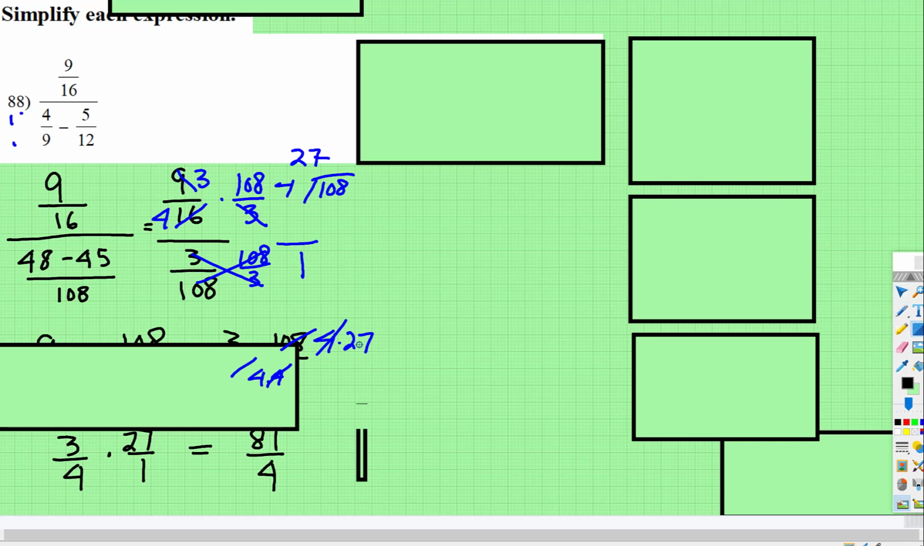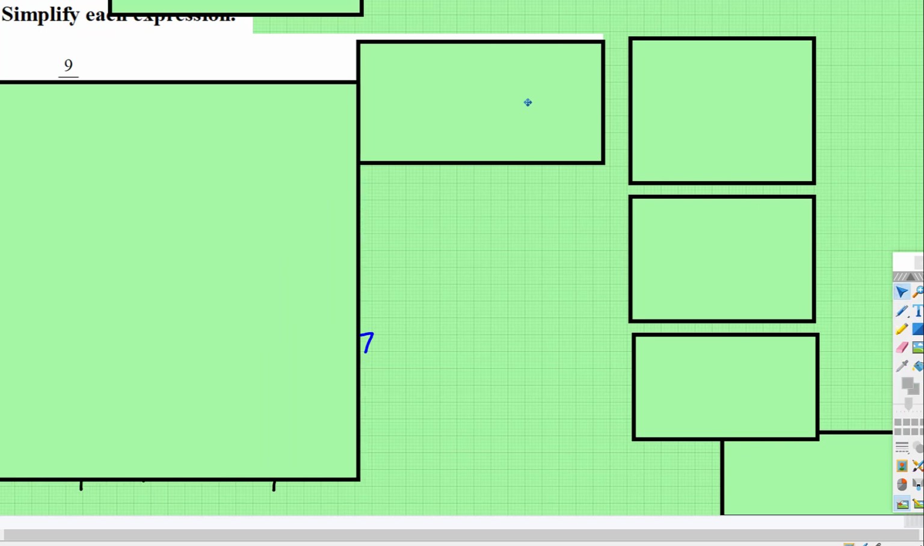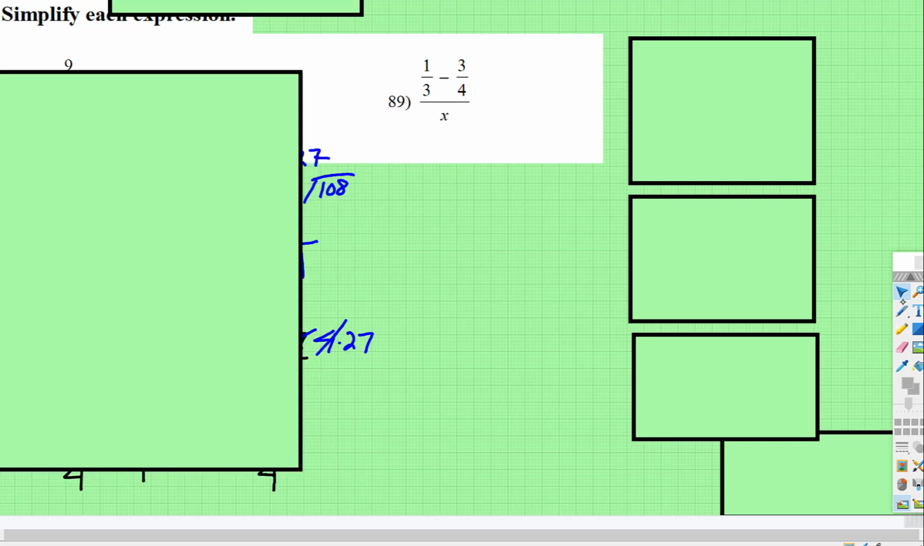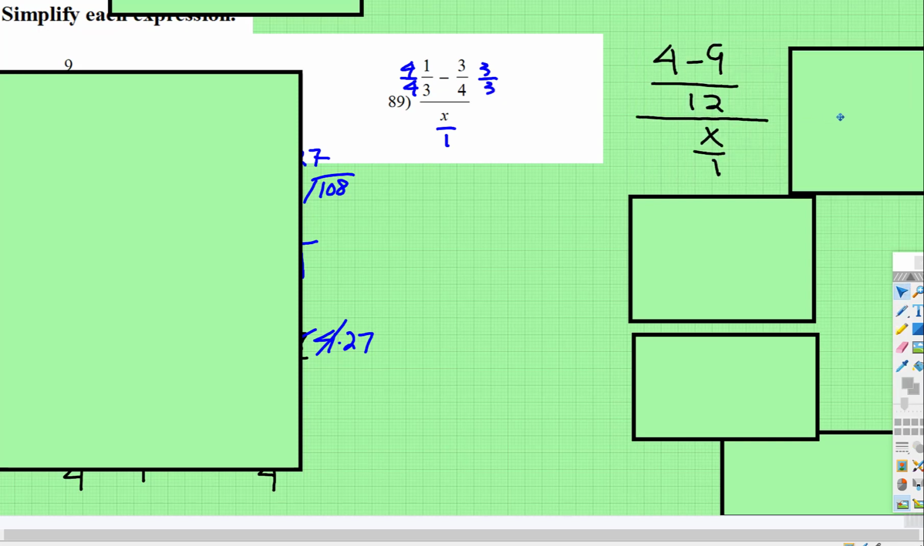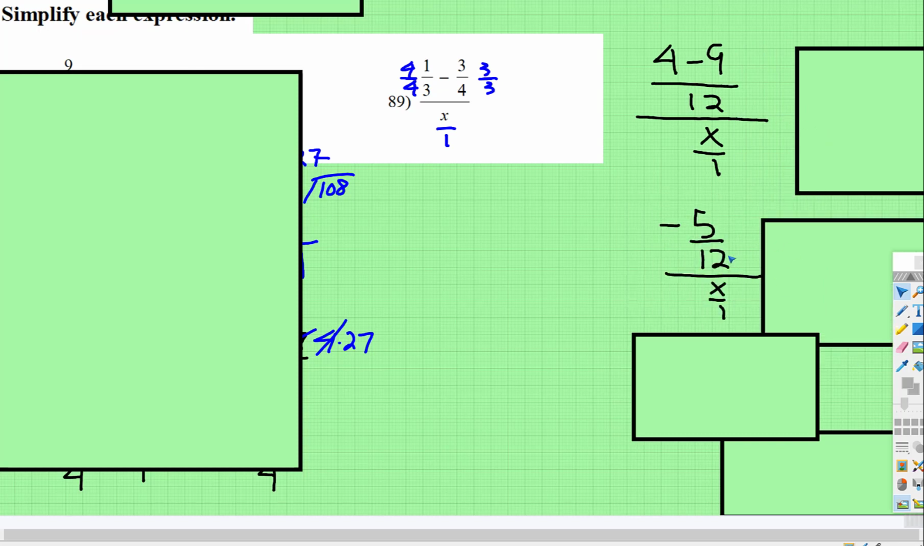Now let's see what we have over here. So we have a numerator that needs to be simplified, and the only thing I recommend doing in the denominator is writing it x over 1. So when you multiply by the reciprocal, you remember, oh yeah, that's x over 1. So I'm going to multiply this fraction top and bottom by 4, this fraction top and bottom by 3, and that gives us 4 subtract 9 over 12. 4 subtract 9 is negative 5 over 12 over x